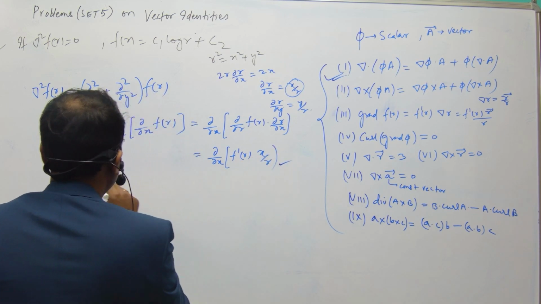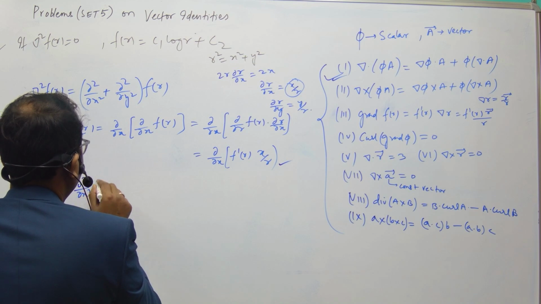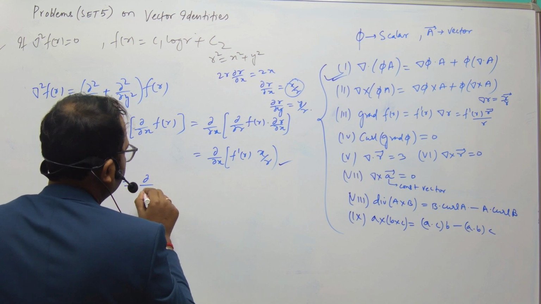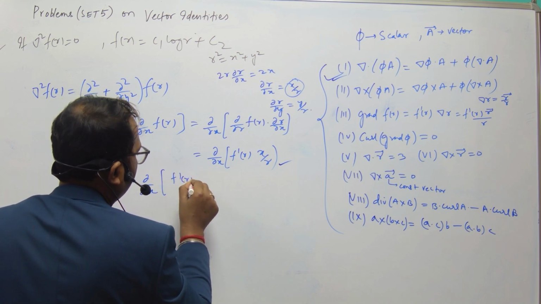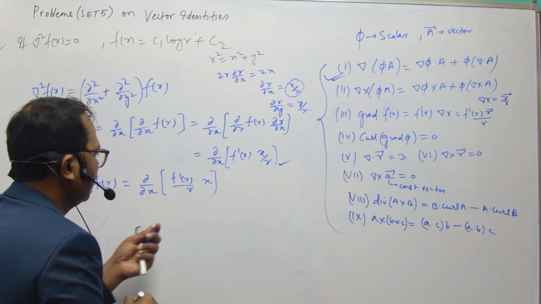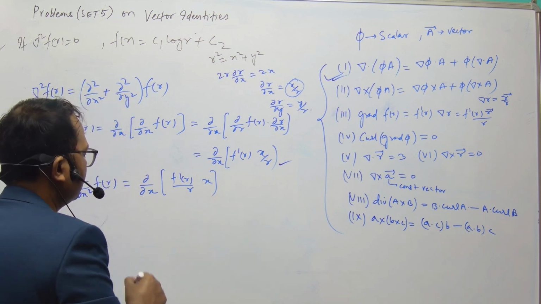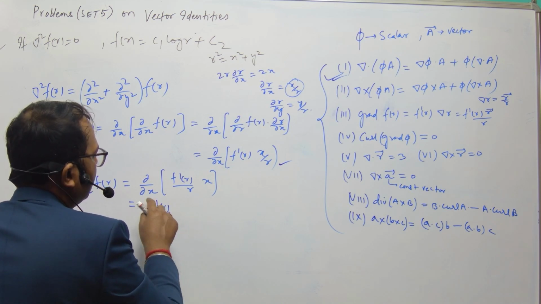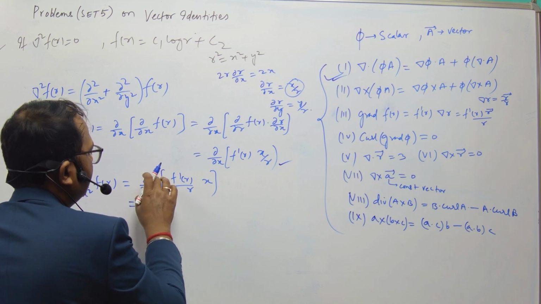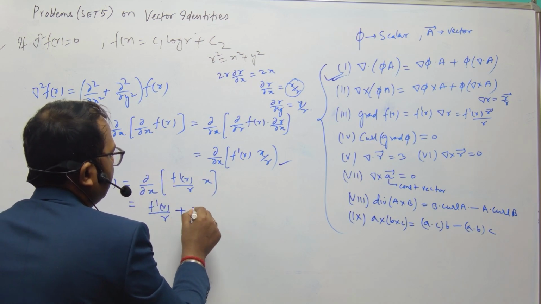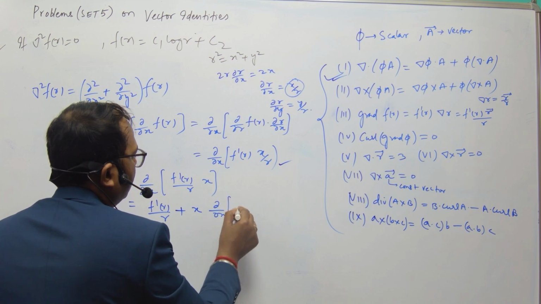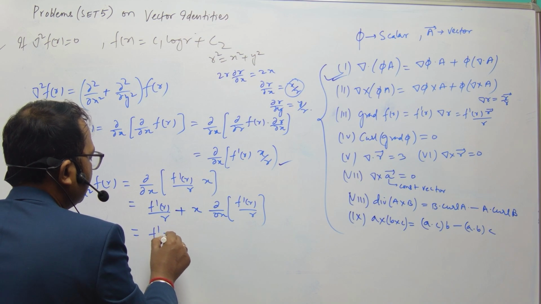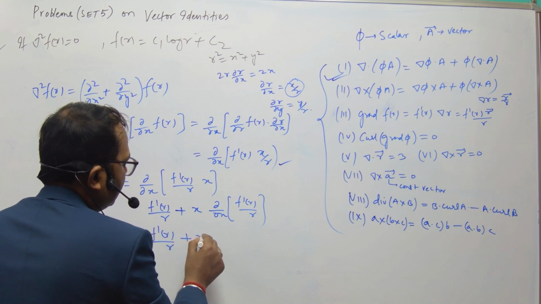Let us further simplify this. We have del square upon del x square of f of r equal to del upon del x of f dash r upon r times x. This is the first function and this is the second function. Let us differentiate: f dash r upon r and the differentiation of the second function, del upon del x of x, is 1, plus x times del upon del x of f dash r upon r. We can further simplify this: f dash r upon r plus x times